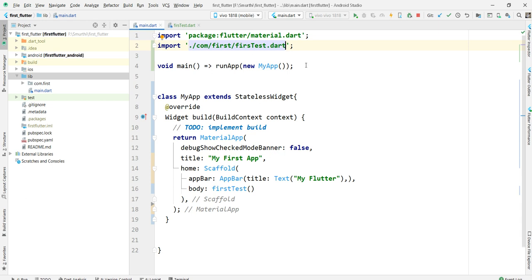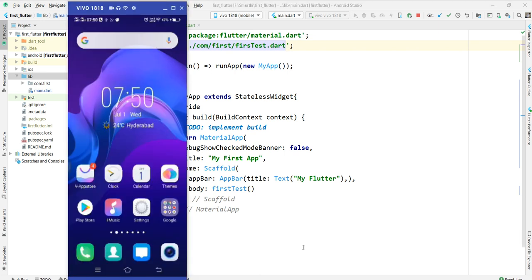So now I'm able to run this. The output is the same, but the code is organized like this. In our next tutorials onwards also, we are organizing the code in the same pattern. I won't explain this again, but this is the way we organize it. These are all ways to reduce our code in Flutter. See here, now I'm running this, so we will be able to see the output.